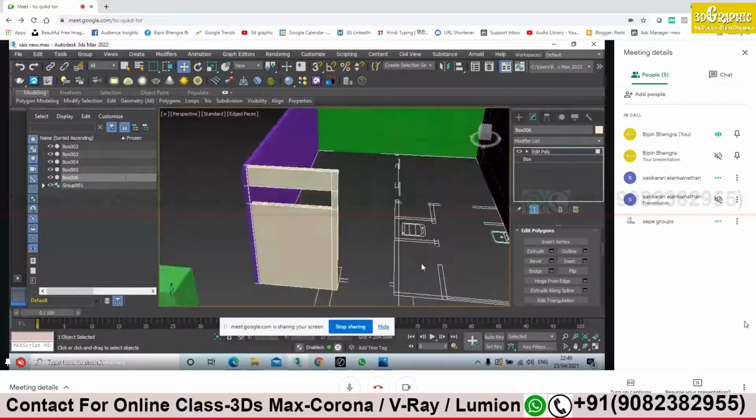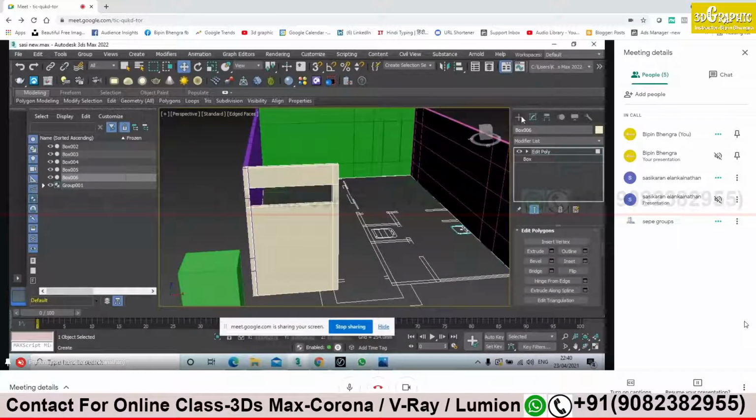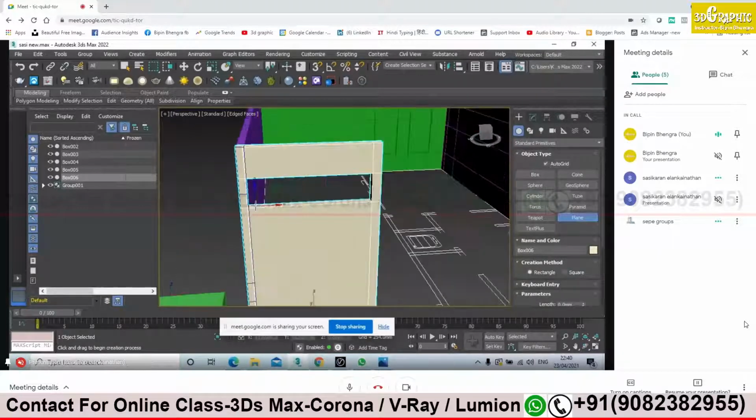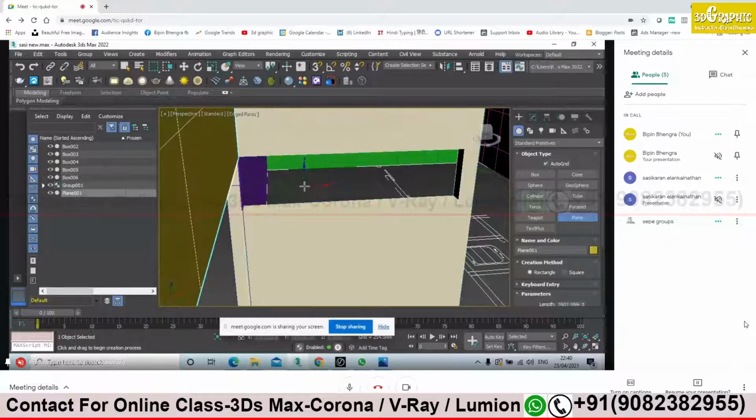Now you have to create a glass over there. Plane. Auto grid, press auto grid. You have to create on the surface. Click on surface. Yes. No, not like that.